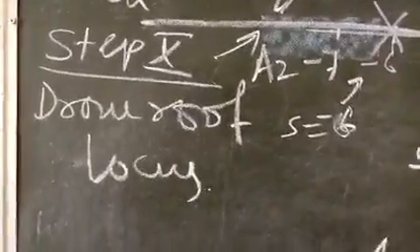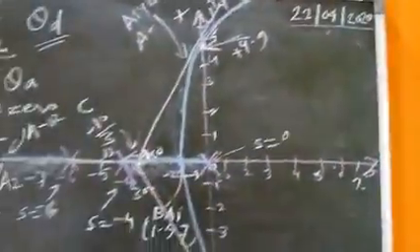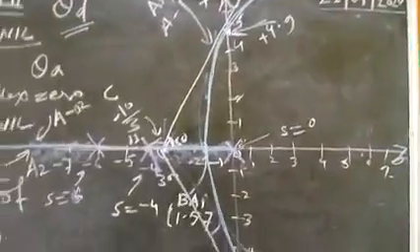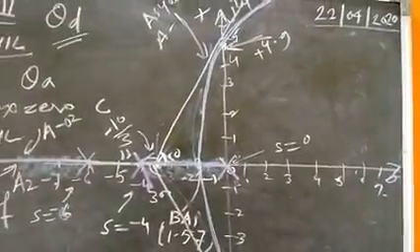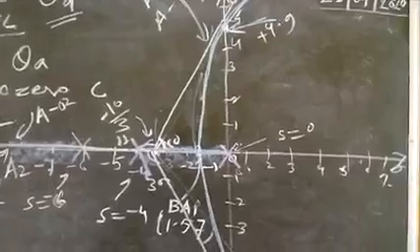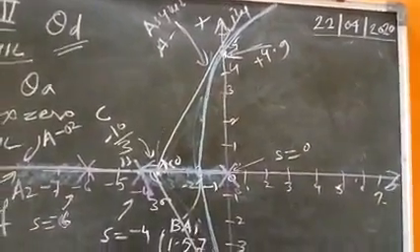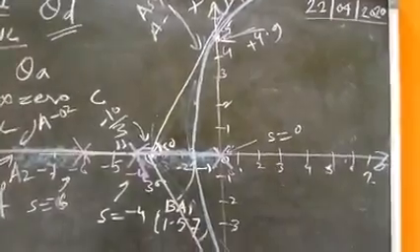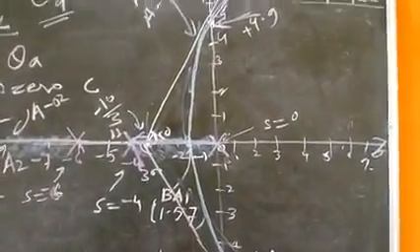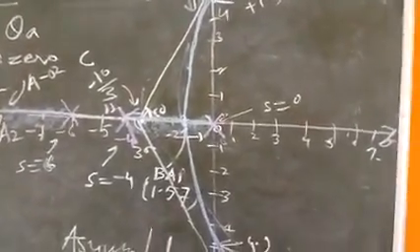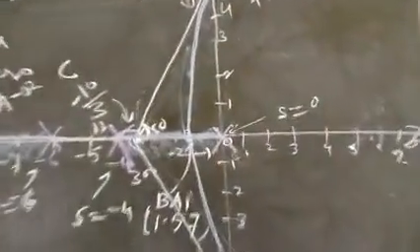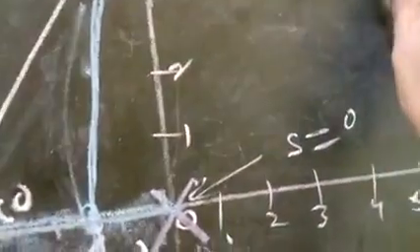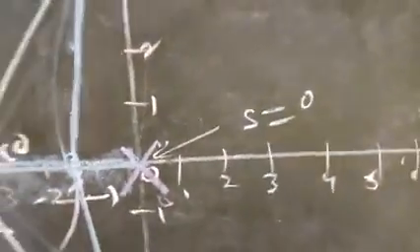Then step 10, draw the root locus. First draw the two axes on the S plane, or take one simple graph paper and draw one x axis and one y axis, meaning horizontal and vertical. The vertical axis is indicated by j omega, and the horizontal axis is indicated by sigma. The horizontal x axis is the real axis, and the y axis is the imaginary axis. The name of this plane is the S plane.